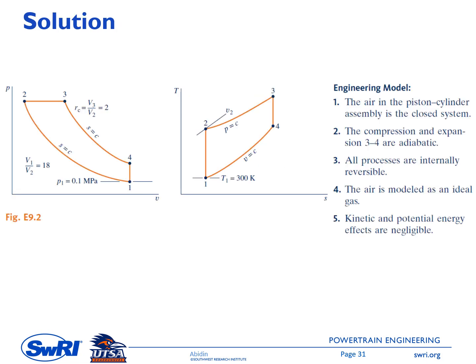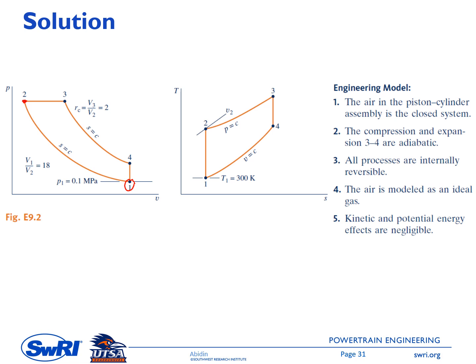This is the PV and TS diagram. So point 1 is at the beginning of the compression process, and then pressure is given there, 0.1 megapascal, temperature is 300 Kelvin, and point 2 is at the end of the compression process, and then RC is given, so